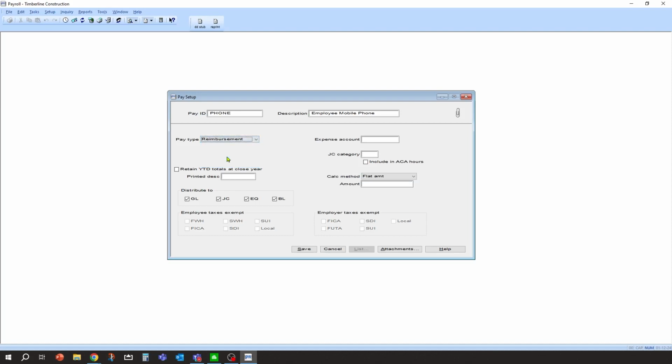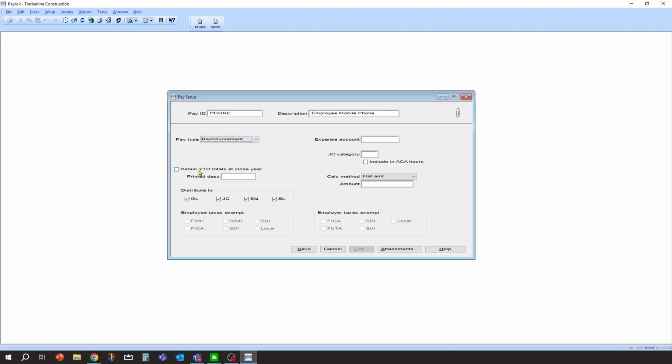If you notice down here that these are grayed out now, the system knows when you select the pay type as reimbursement that it is not a taxable pay. It is not going to be part of the employee's gross pay. It's not going to be figured in tax calculations, workers' comp, any of that stuff. It's just using this module to provide employees expense reimbursements without affecting anything as far as taxes or gross pay goes. So the pay type reimbursement is the key.